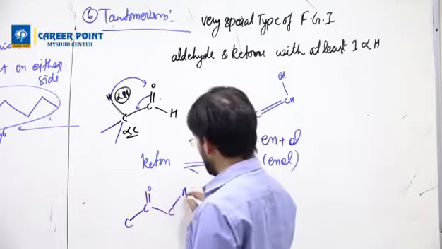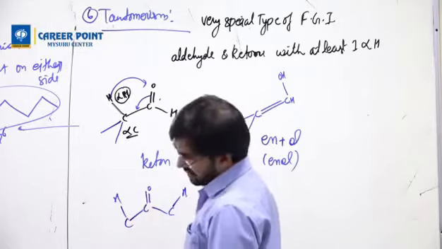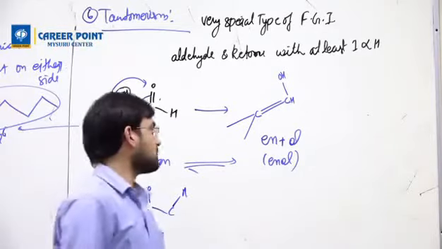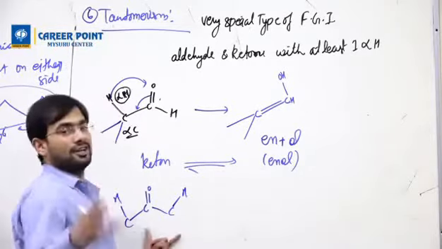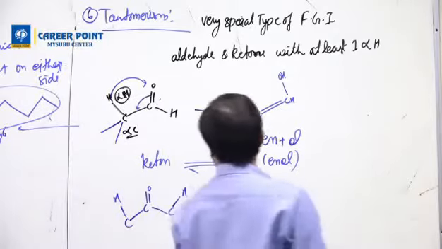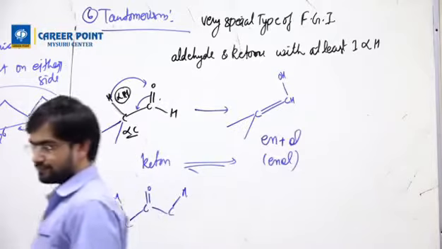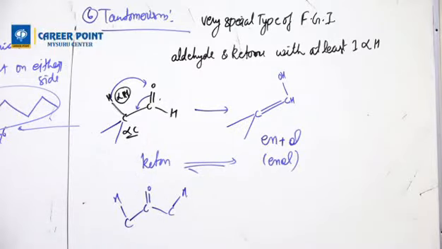Here you can write alpha, and there you can also write alpha. In the case of a ketone, we can do both sides, this side also and that side also. So it will have more enol content. This keto form can be converted into an enol. After this, I'll draw one question. You have to tell me whether it will show tautomerism or not.